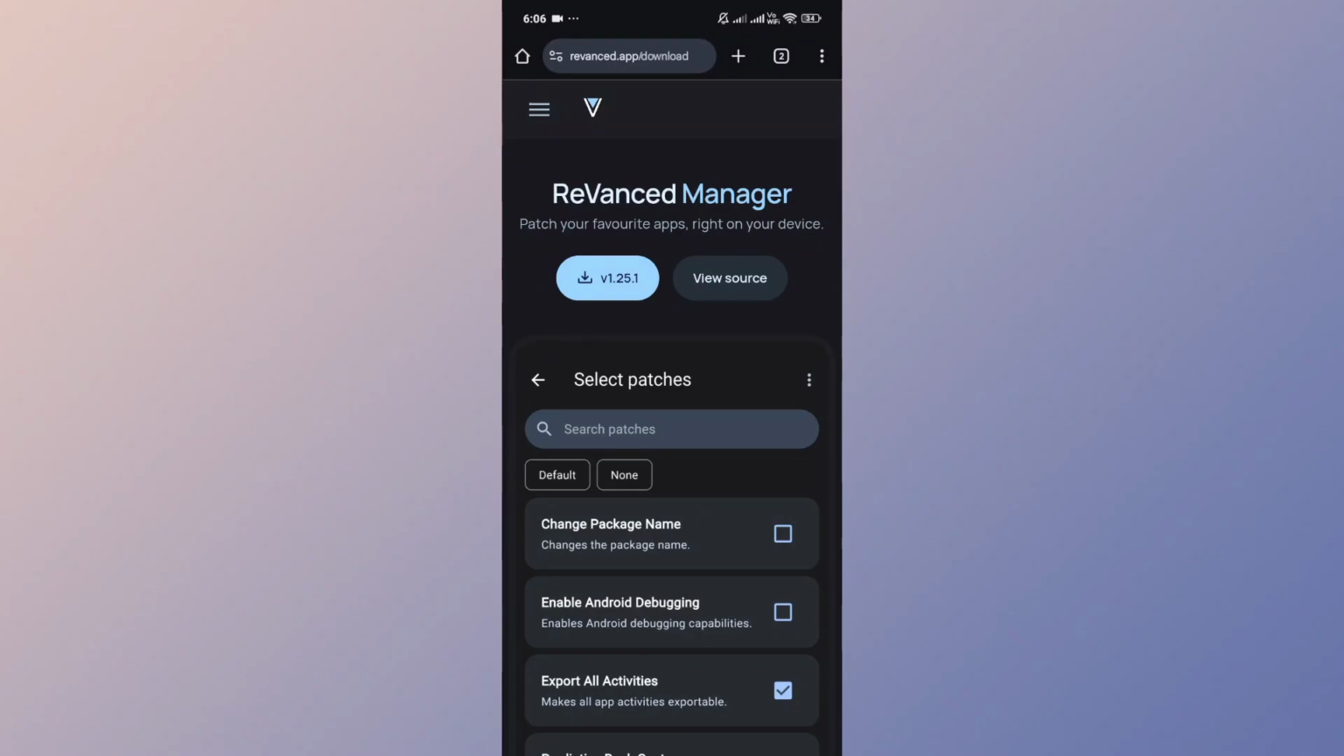How to install and use ReVanced Manager app. Full step-by-step tutorial. So to be able to install and use ReVanced Manager app, first go ahead and head over